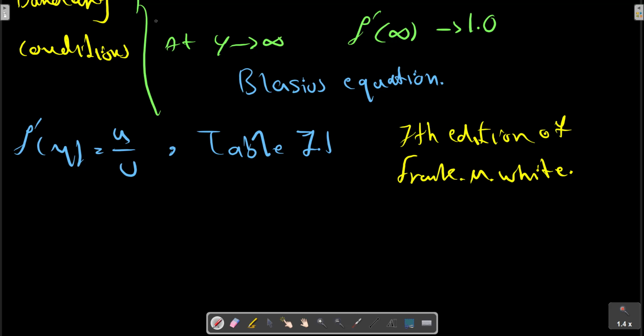Since the velocity function u over U approaches 1 as eta grows,